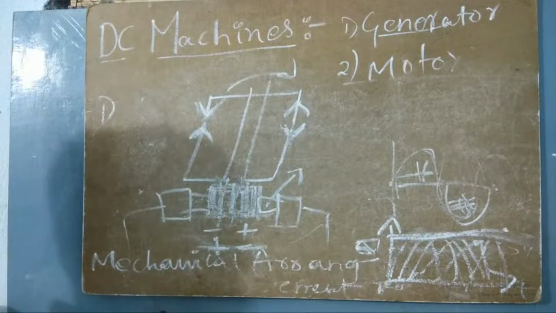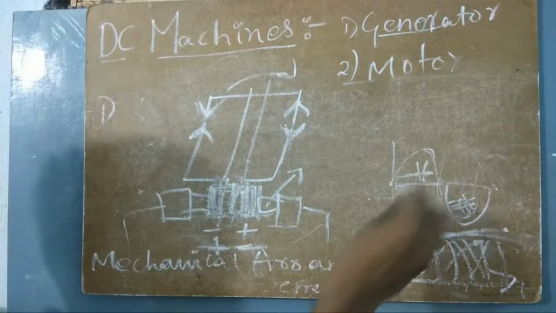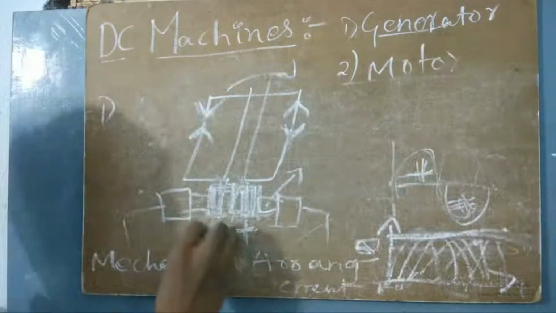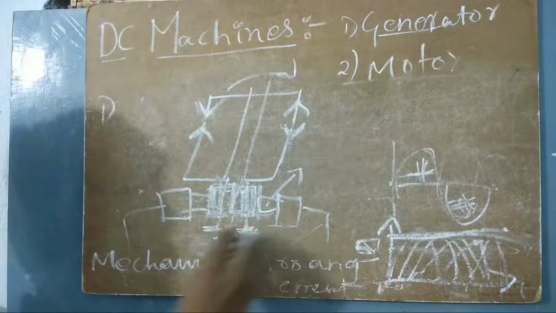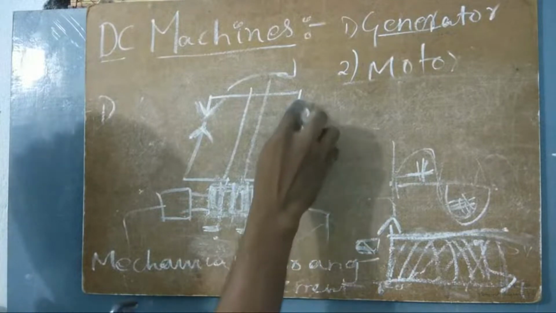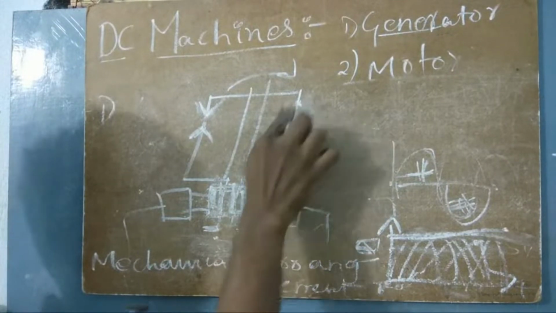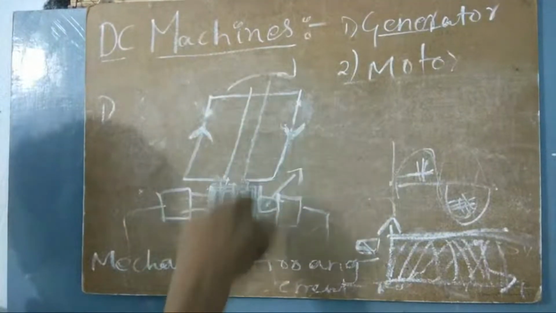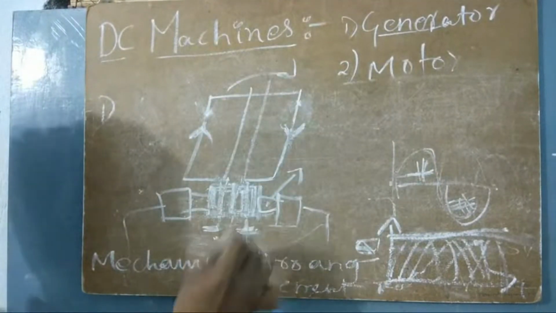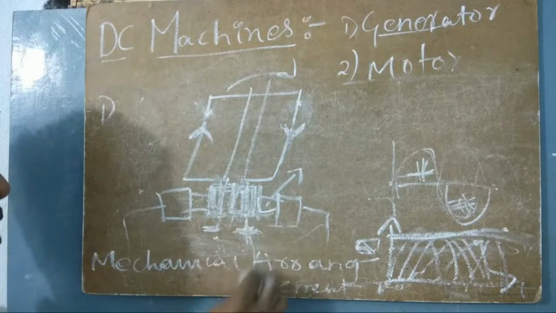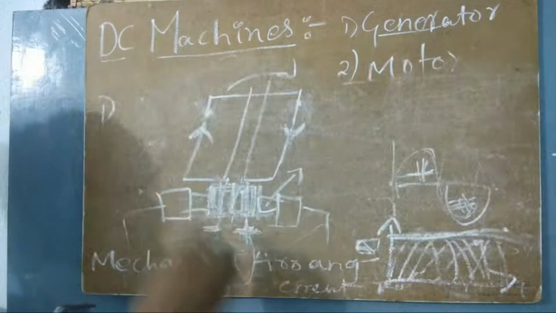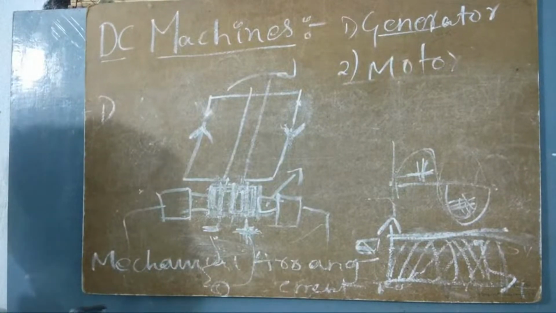I will give you another explanation another time. While this is happening during this positive cycle, I will have the signs like this, that is, one is positive and another is negative. That means the current direction is in this way. Let us erase this one. The current direction is in this way. That means the current starts here and ends here. So we are taking a supply like this, and we're using it for some load. The current direction is like this, and here it is positive and this is negative.